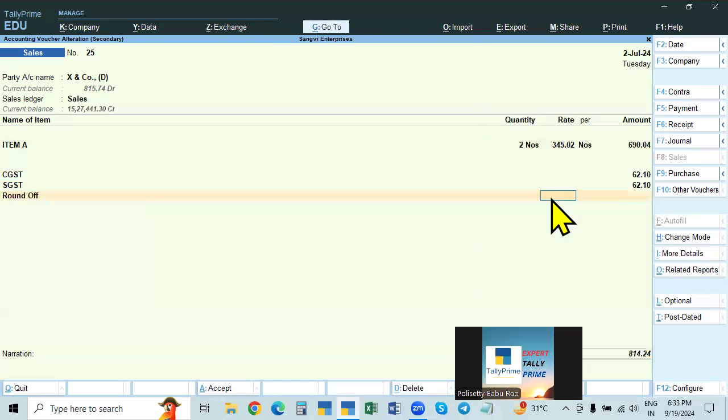Yeah. Here you see it is 24 paisa. So minus 0.24. So yes, it becomes the lowest rupee, 814. If you don't do this, see here, what is the amount here? The amount is 10 plus 10, 24. 24 already. Okay. So if you don't do this,